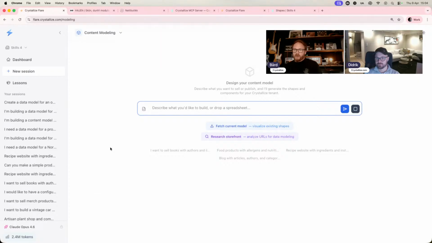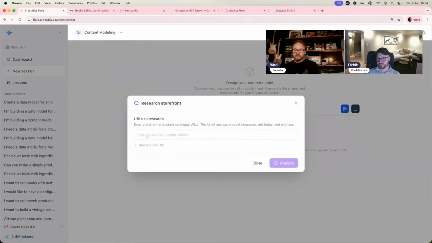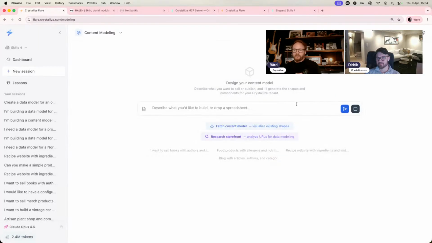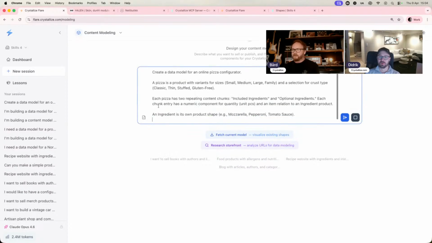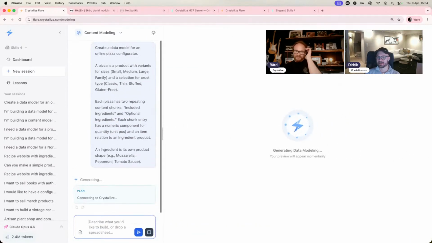We can start with just describing what we want to achieve, right? There's a new capability here, by the way, that you can add a URL, and it will do research and build a model that mimics an existing site. That is quite a useful skill, but that's a story for another day in terms of demoing. But let's use what we know. Which is another type of